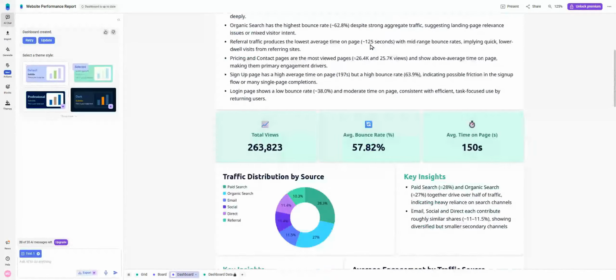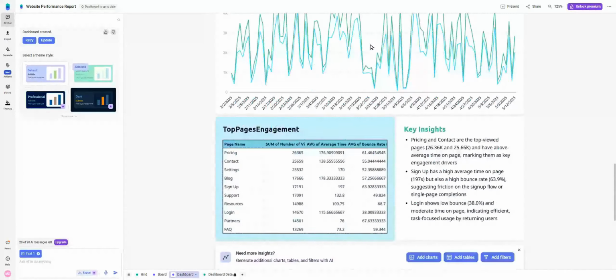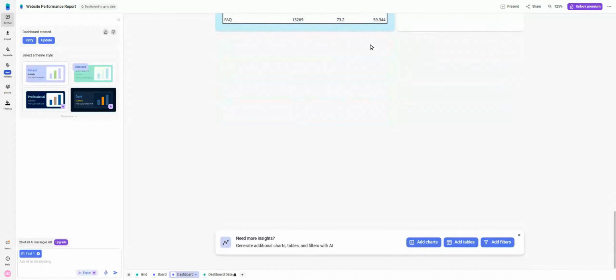Back to edit mode, we can scroll through and interact with every element. Each visualization is fully customizable and